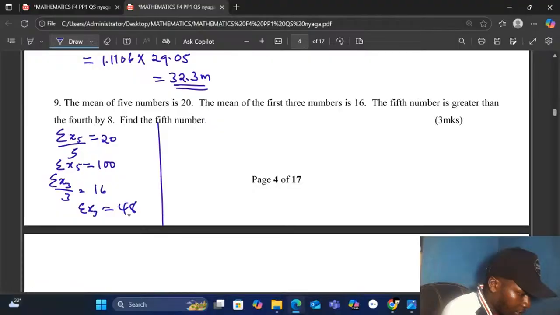So we have the first three and the five numbers and the three numbers. Therefore, we can take 100 minus